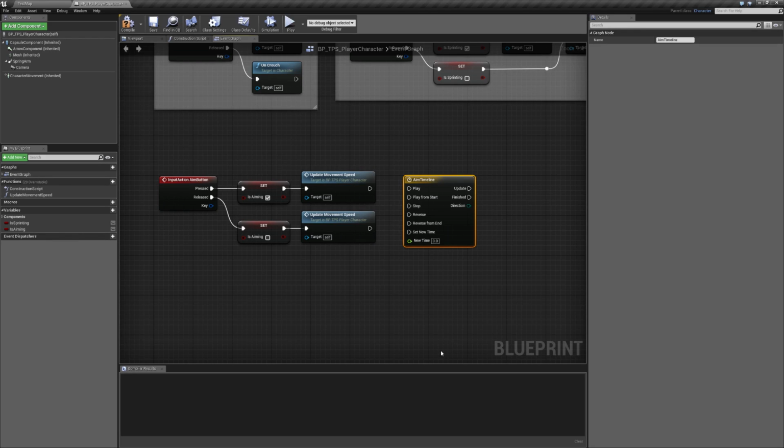So basically what we want to do is plug the update movement speed from our pressed into play. And then the other update movement speed, we're going to plug into reverse. What this is going to do is start to play this timeline from wherever it is in the timeline in a forward manner, and the reverse is obviously going to play it backwards. So now we have to actually configure our aim timeline, but we have to understand what we're doing to create